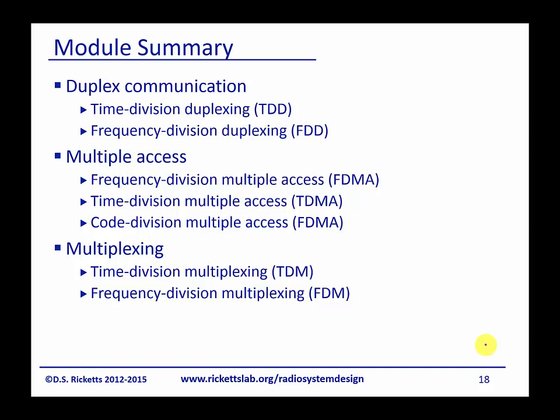All right. In this module, we've covered 3 different types of communication systems: duplex, multiple access, and multiplexing. And in each one of them, we've basically had a time domain and a frequency domain version of each. And the only exception here was under multiple access, it should be a C,